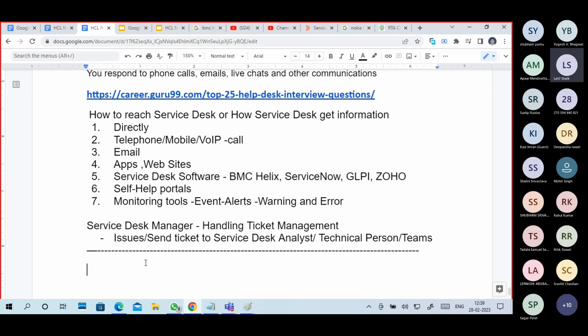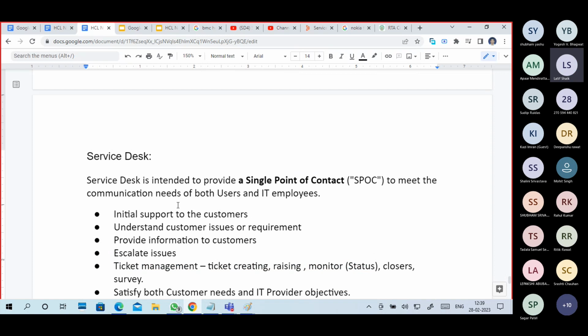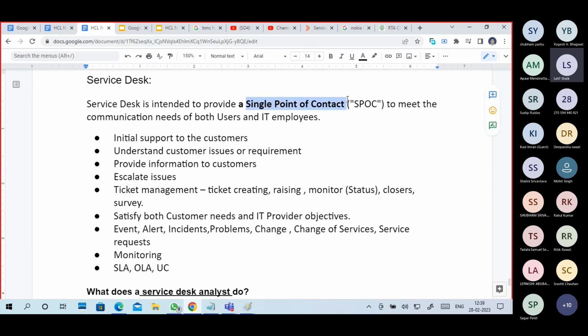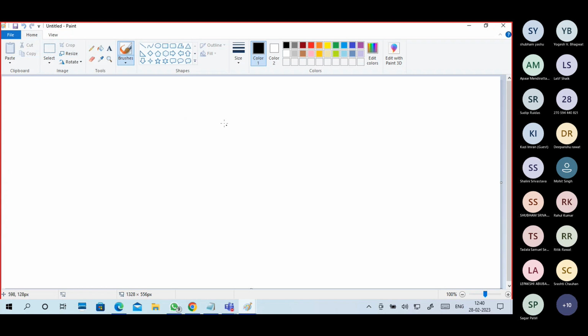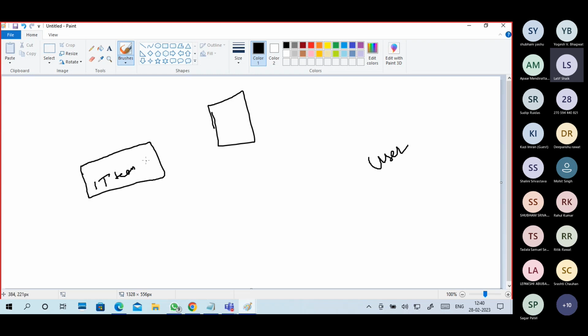So this is the point, guys. Again, what is a service desk? This is important. It is a single point of contact between customers, users, or clients and the IT team, IT employees, who are going to resolve the user issues.